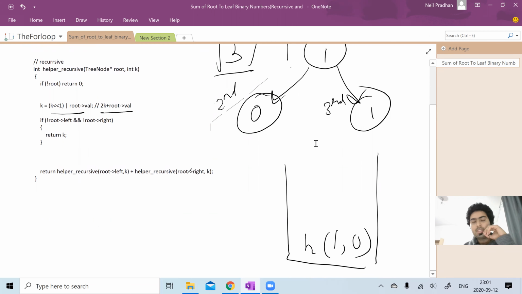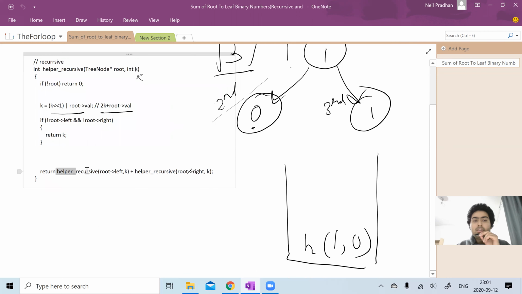Now moving ahead, this is our base case. If we hit the leaf, the leaf does not have left and right children. So we hit the base case, we return the value, whatever k we have earned until that point, and that's it, we are done.